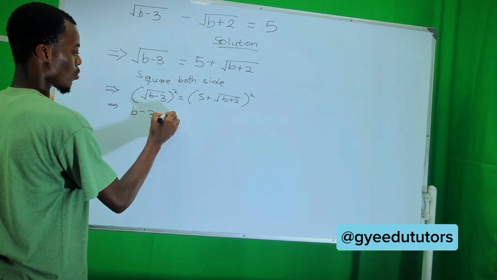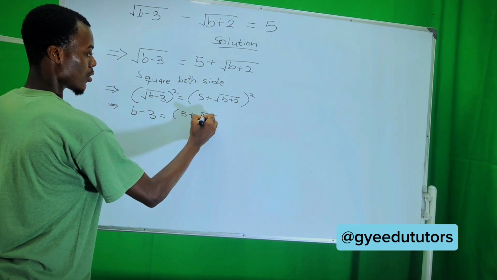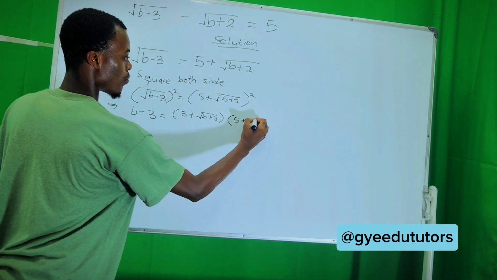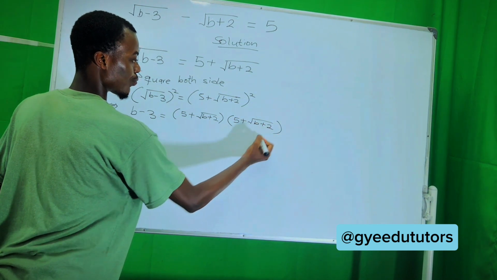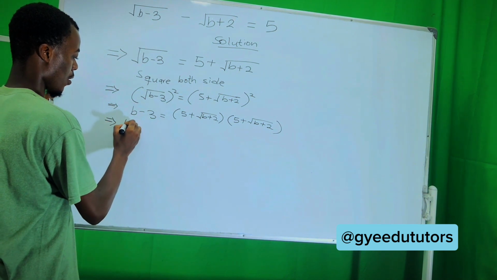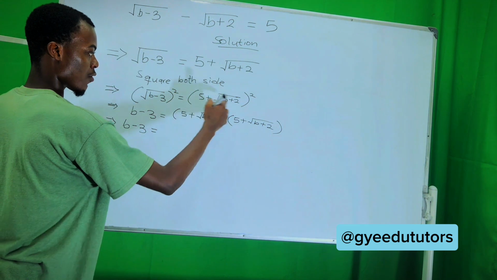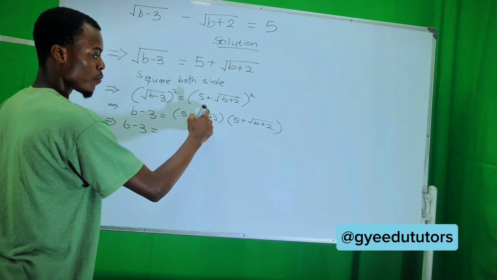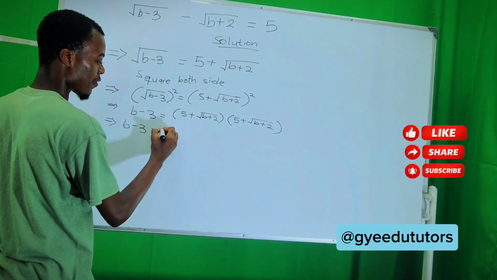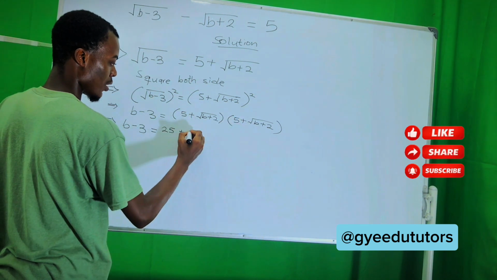b minus 3, which is equal to 5 plus root of b plus 2, squared. Same for this side, 5 plus root of b plus 2, squared. When you are done with this side, you break them down at the right hand side. So here, 5 goes to this, 5 goes to this. And same for this side, root of b plus 2 multiplies 5, and root of b plus 2 multiplies this side. So now we're going to get 5 times 5 is 25, plus 5 times root of b